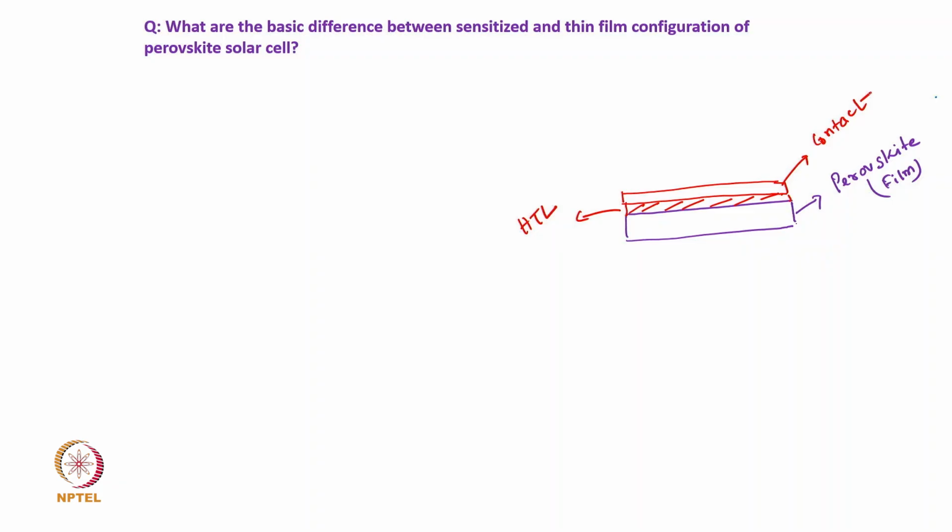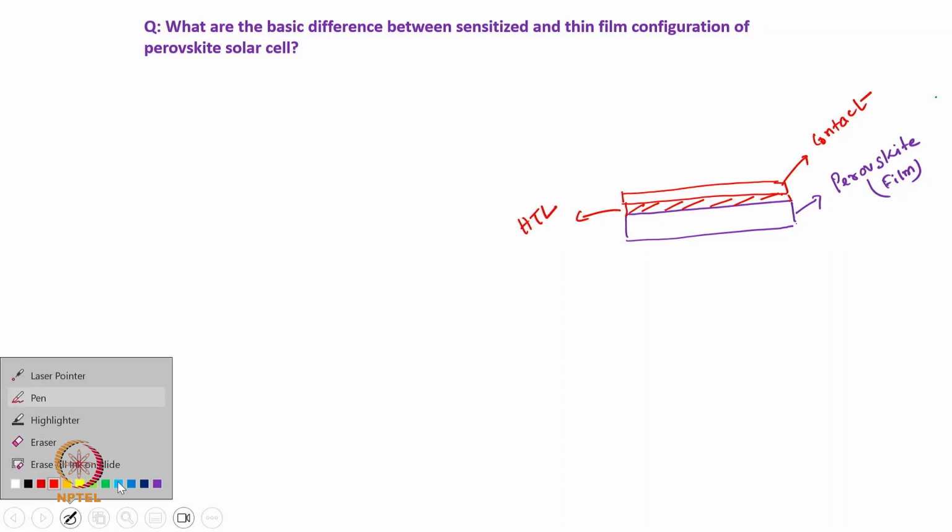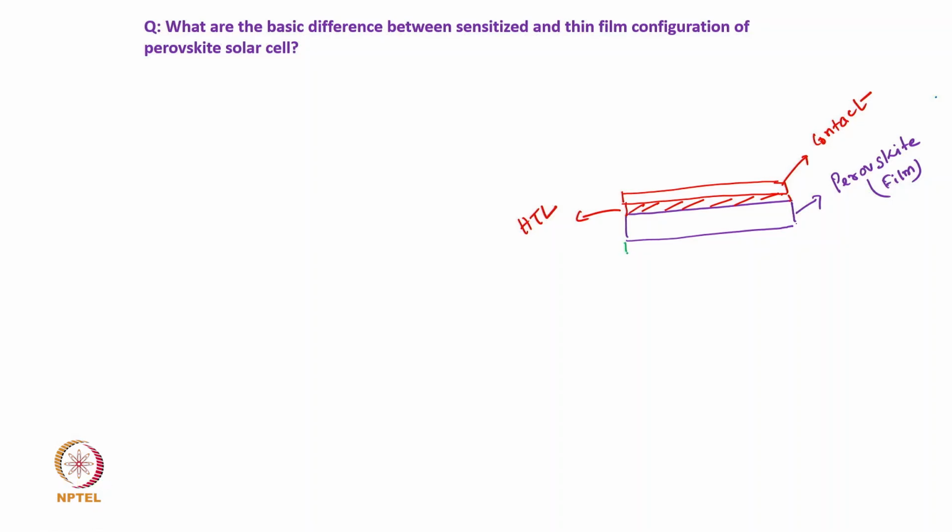Okay. And then here we have an electron transport layer or ETL, then we have a TCO. So, the difference in these two configurations is that here we do not have the mesoporous TiO2, we have only